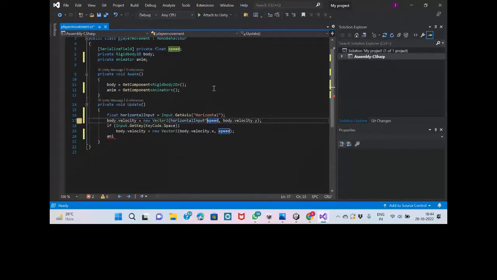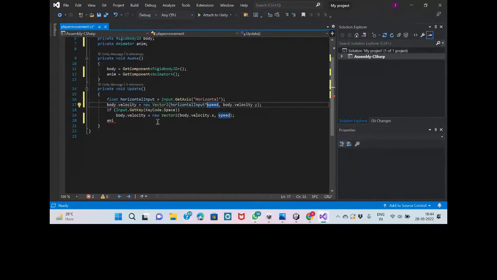So yeah, and if you would set this to... just scaling it up a bit, and if Input.GetKeyCode.Space,